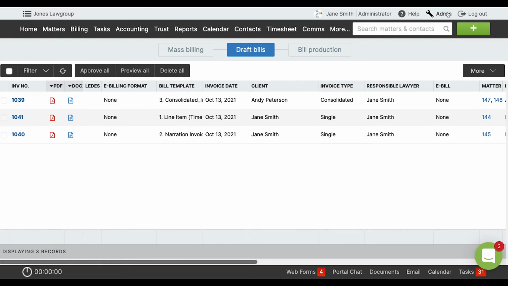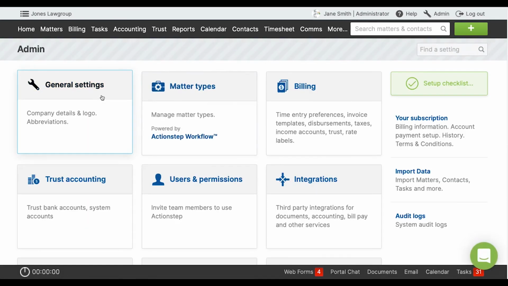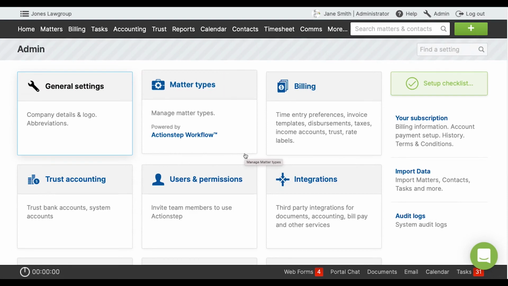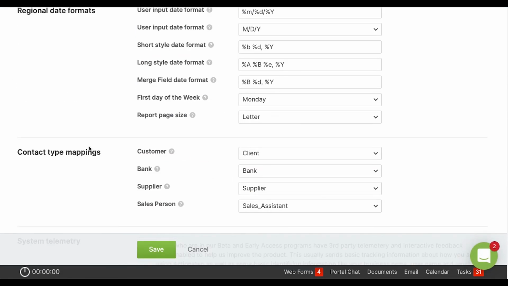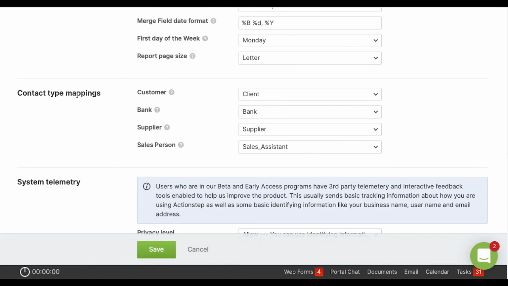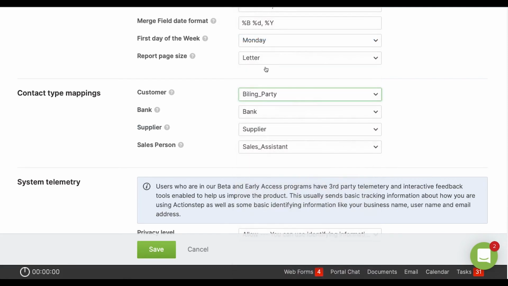So if we go up to admin and we go to general settings, now if we go down, we'll see that we have these contact type mappings. Now our customer is the person that we're billing. So if I change this and I make it the billing party instead, and I hit save,